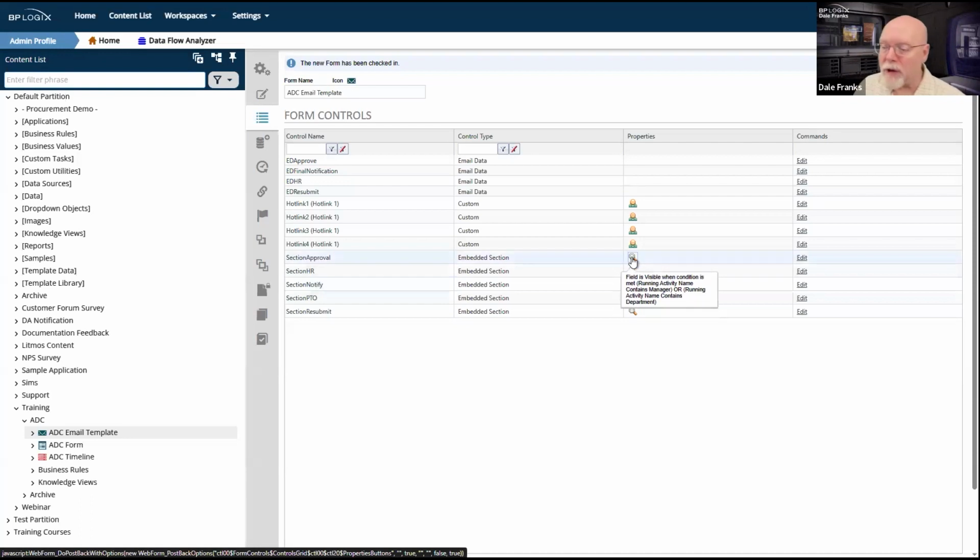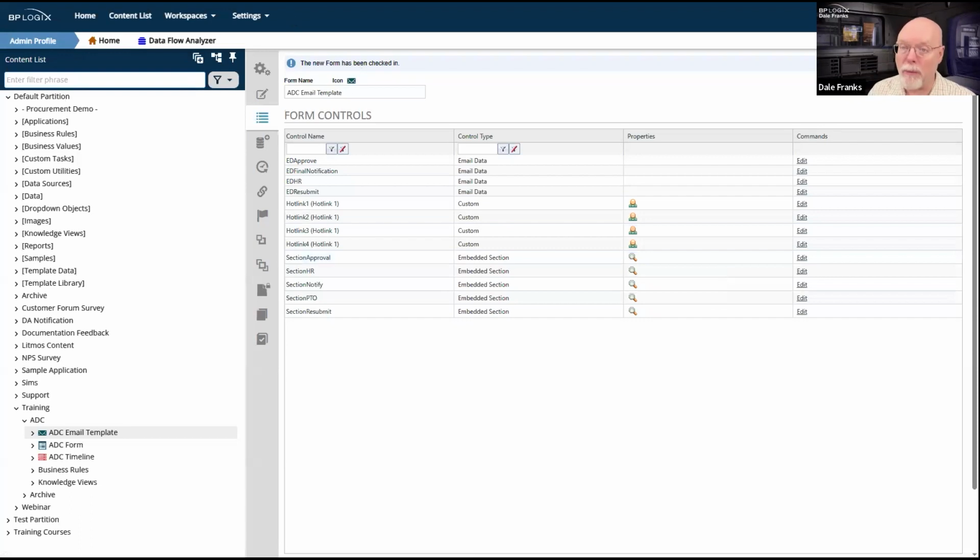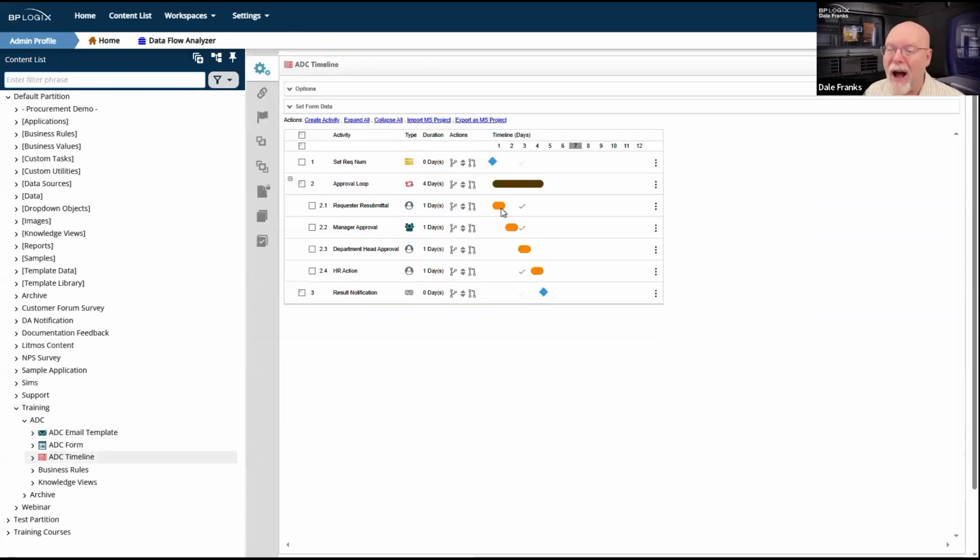The other four sections should be mutually exclusive. Now, in this case, it's easy because I've got basically three different types of activity. And so I can create conditions based on whether those activities are running, whether I should see these sections of the email. Now, this works for me because I know that all of these activities happen in sequence.